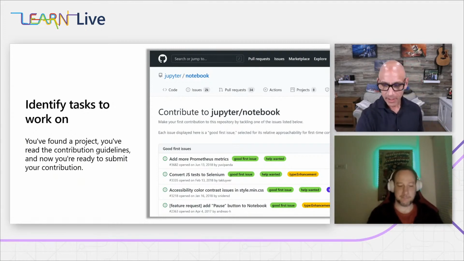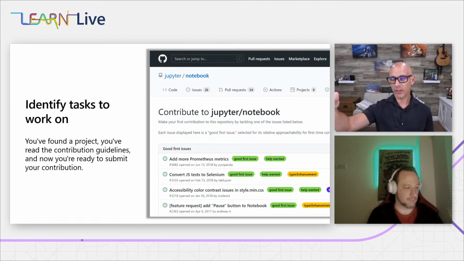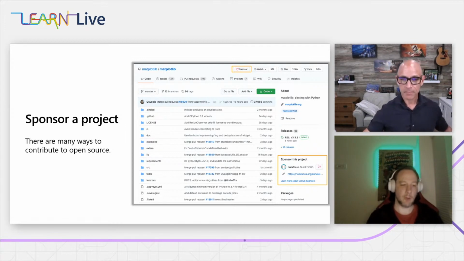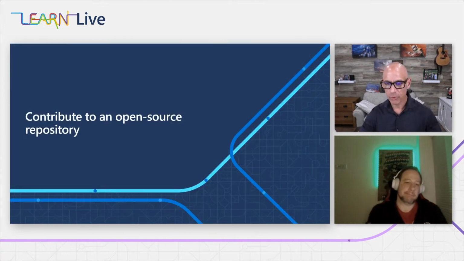And then the next step of this is to sponsor a project. This is another thing you can do, which a lot of GitHub projects will have a sponsor button at the top, which you can see here in the screenshot. And this will allow you, if you really like something, a lot of open source, they don't get paid to do this, and to keep things moving. Some of these people do it in their spare time. I know I like to help contribute to some of this, and you can contribute money to it. It's totally optional, but it's a nice way to give back to people who really put some great code out there.